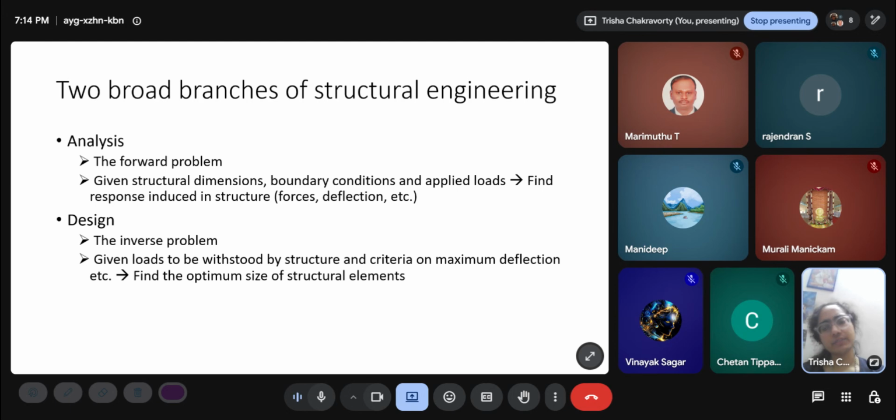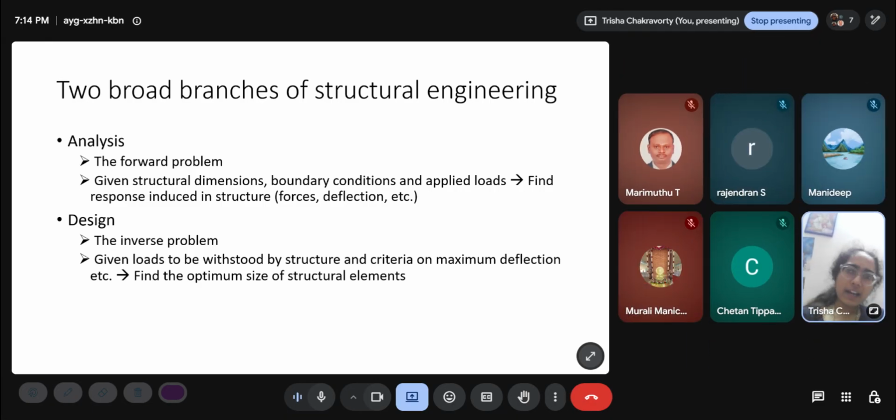Every zone in India has a particular earthquake zone, and the earthquake and wind load also depend on the height of the structure. Wind load especially, as the higher you go, the higher the wind load becomes. So I have a plan. I know the basic loads that I have to design my structure against.